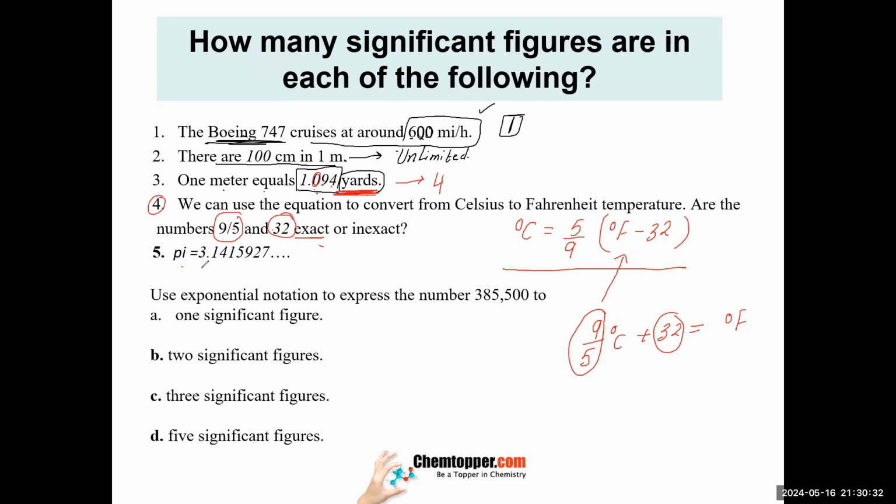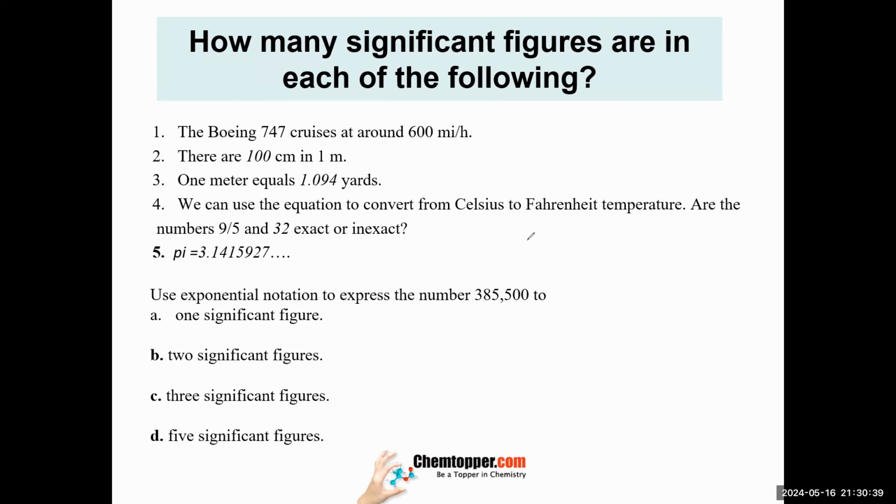Pi. Pi is used in mathematics. If you are aware, the area of a circle is pi r squared. So this pi is a mathematical number which is actually 22 over 7. But when you put this number in a calculator, you will get unlimited decimal places. Unlimited. So is this number an exact number? No, because it's unlimited, right? After the decimal, it's going to be